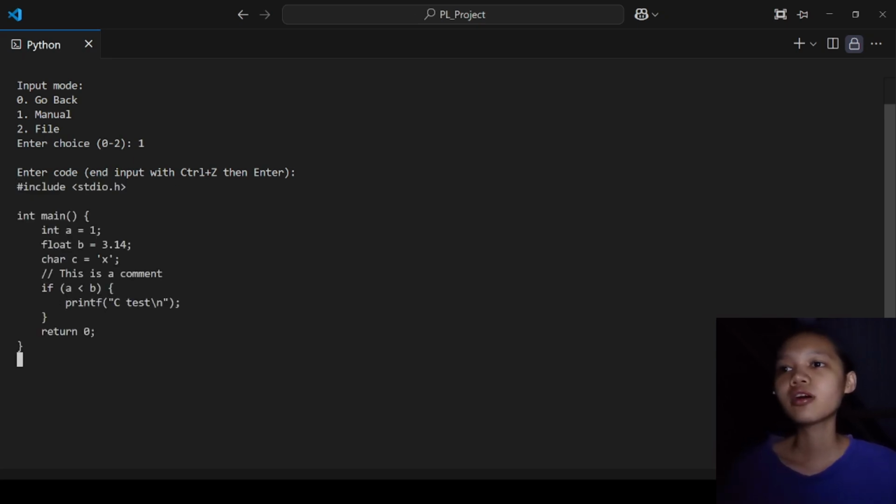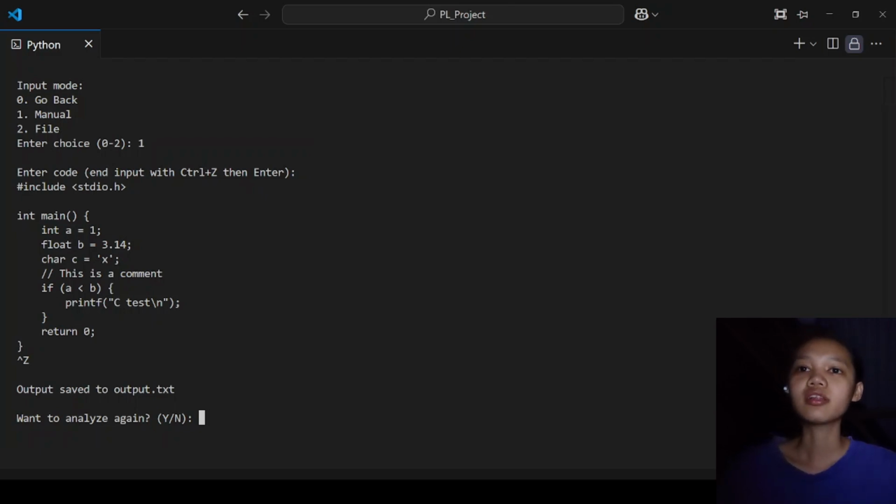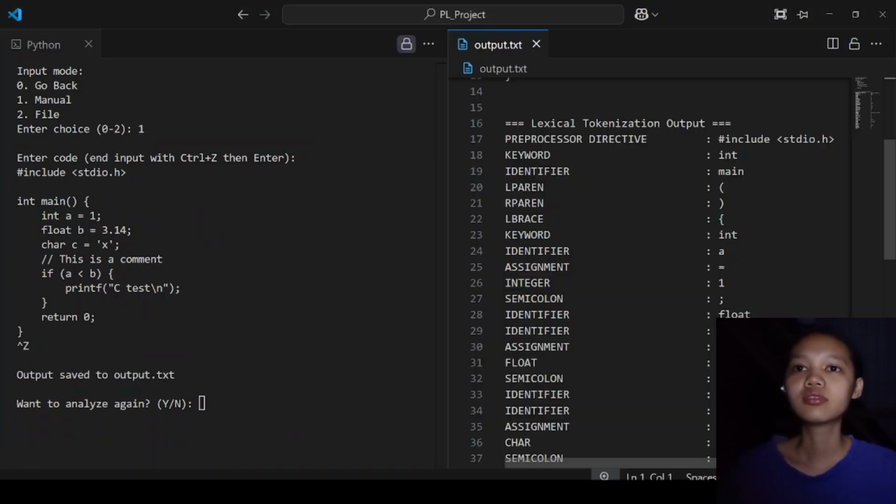After providing the code, we have to press Ctrl Z and then enter to proceed with the analysis. Once it is done, an output.txt file will be generated, and inside this file we can see the result of the analyzed code.